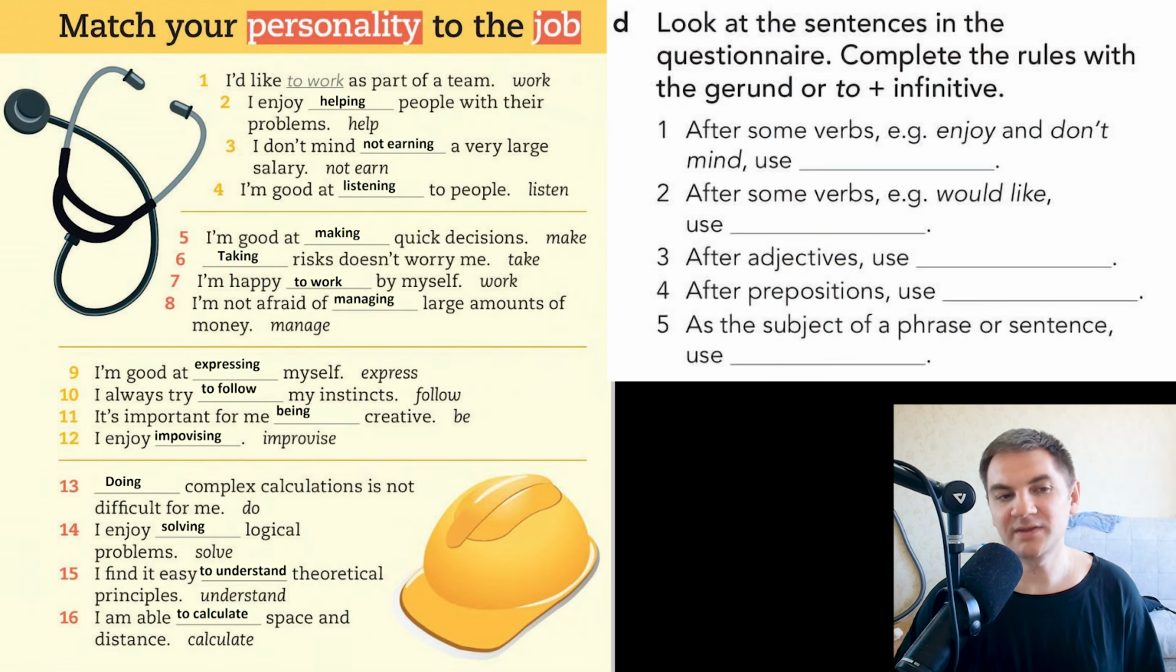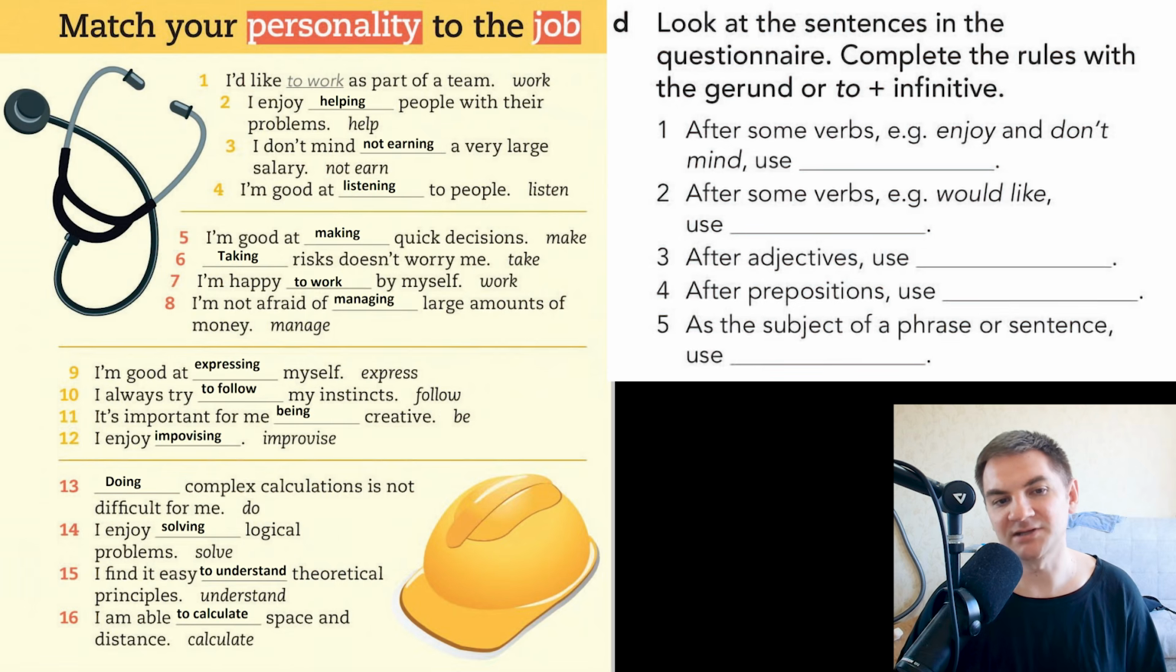Okay, now that you've completed the questionnaire, let's look at the grammar rules. This activity will help you understand why you choose ing or to plus verb in each sentence. Look back at the sentences you just filled in. Now you're going to complete 5 important rules. Each rule tells you when to use a gerund or when to use to plus infinitive. For example,